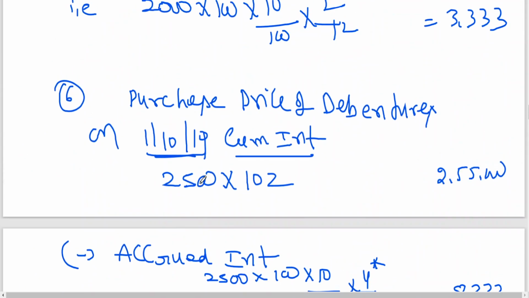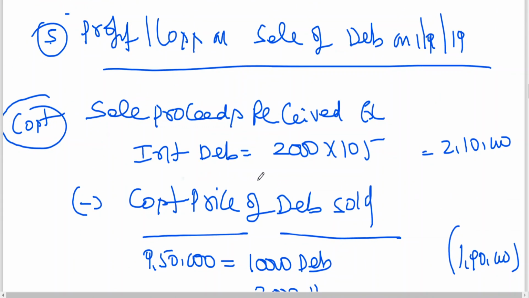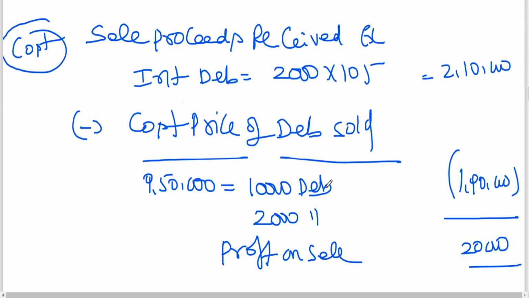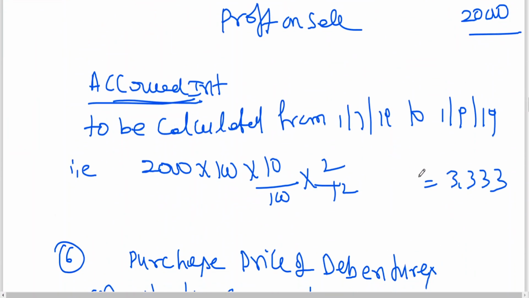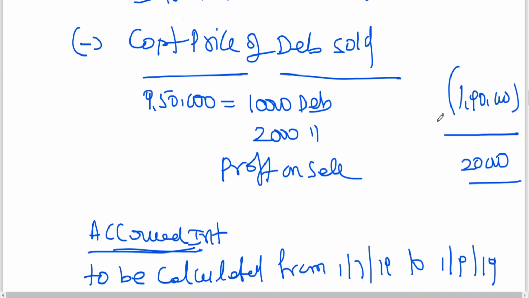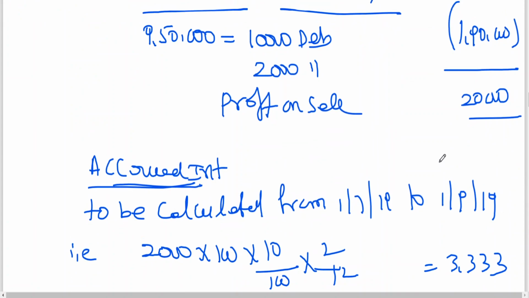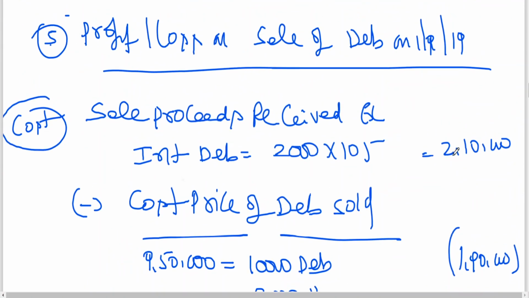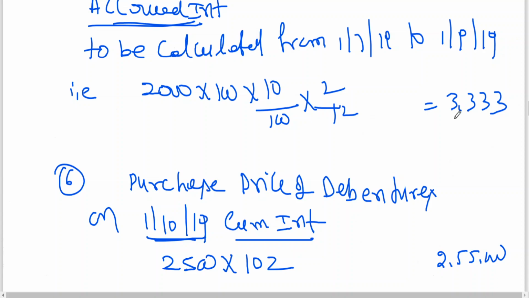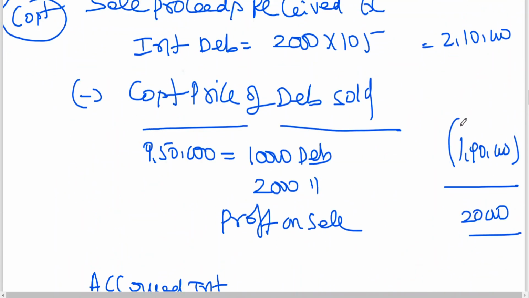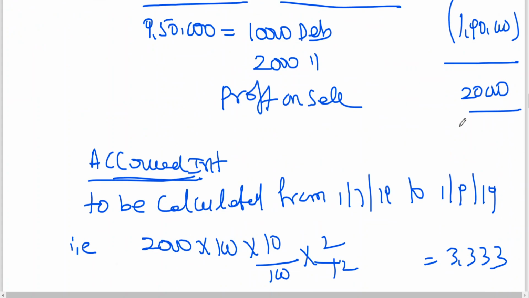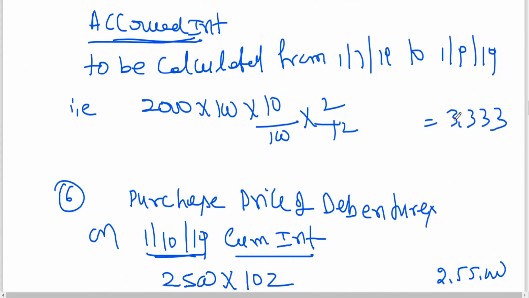Then 1st August 19 is completed. Then 1st September 19. Working notes number 9. I think this time this is X interest, no? X interest, no accrued interest, but accrued interest is to be calculated, but that need not be deducted from sale proceeds. The reason is that X interest will never include interest, but you will be receiving interest. That means total amount that is being received is 2,10,000 plus 3,333. It is coming to how much? 2,13,333. You are getting a profit of 20,000. So first let me write 2,10,000.